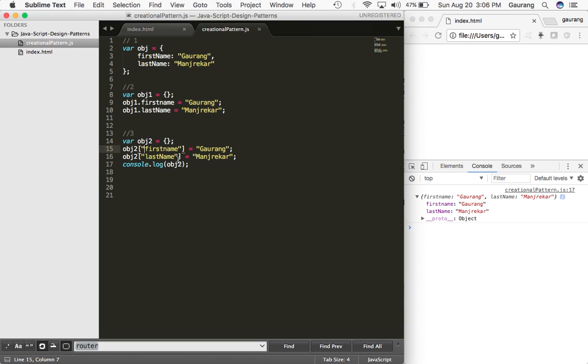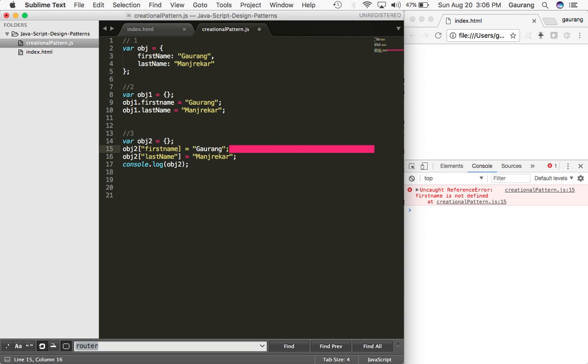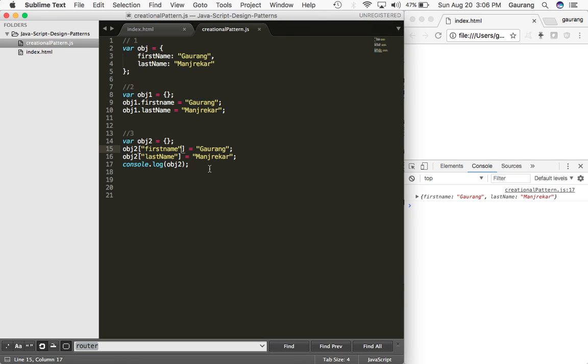So what will happen if you are not writing it as a string? The JavaScript compiler will mistake this. It'll think that this is nothing but a variable. It will start finding the definition for this variable, and definitely the first name variable doesn't exist in this JavaScript. It will throw an error. If I just refresh it, it will say there is a reference error, first name is not defined. So that is the reason we don't want the compiler to mistake this for being a variable. Actually, this is nothing but a property name of that particular object, and this is how things are done. Moving ahead,